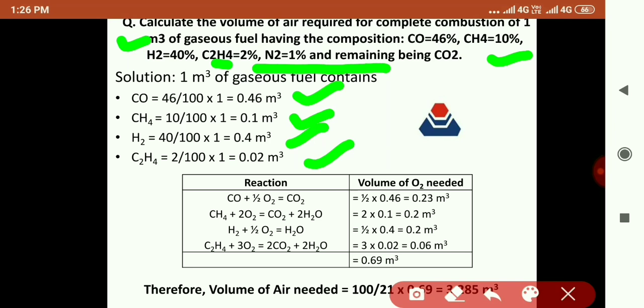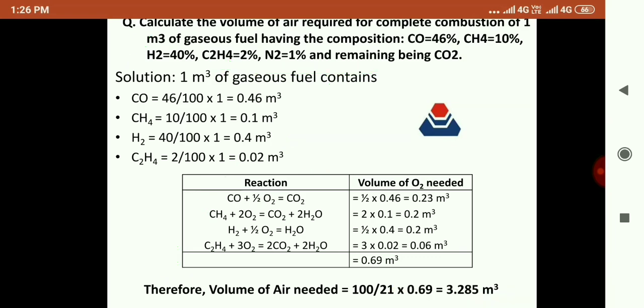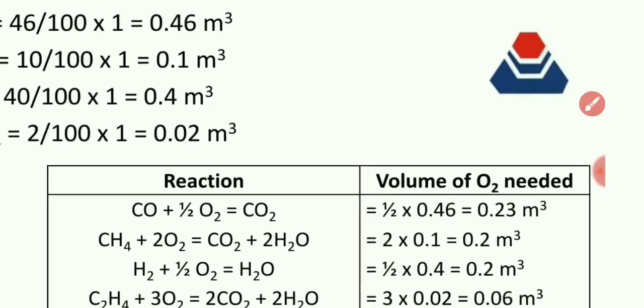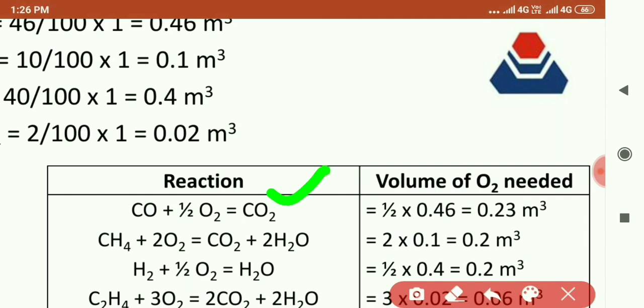ये हमने निकाल लिया। अभी हम रिएक्शंस लिखेंगे। सो रिएक्शन सबकी हमने यहाँ बैलेंस्ड करके लिखी। जब रिएक्शन लिखने के बाद वॉल्यूम देखेंगे तो यहाँ पर आपको क्लैरिटी होनी चाहिए कि अगर कार्बन मोनोऑक्साइड ऑक्सीजन के साथ कंबशन करके कार्बन डाइऑक्साइड बना रहा है, सो यू कैन सी 1 मोल ऑफ कार्बन डाइऑक्साइड का फॉर्मेशन हो रहा है, तो ऑक्सीजन जो रिक्वायर्ड है 1/2 है। तो यहाँ पर हमने 1/2 इंटू 0.46 आपने यहाँ पर ऑलरेडी निकाला था, जिससे मल्टीप्लाई किया तो वॉल्यूम ऑफ ऑक्सीजन नीडेड आ गया 0.23। मीथेन की अगर हम